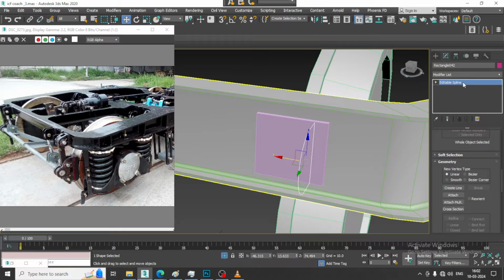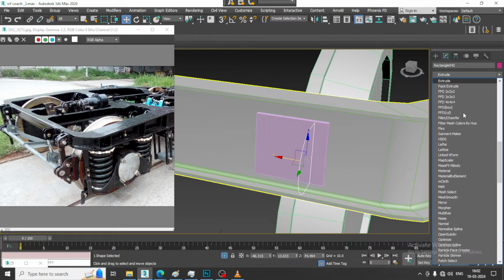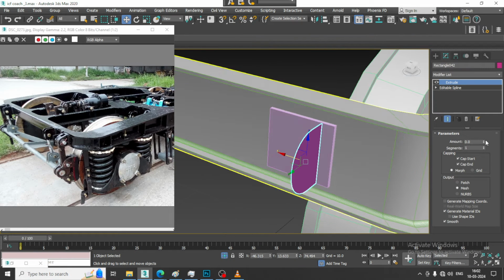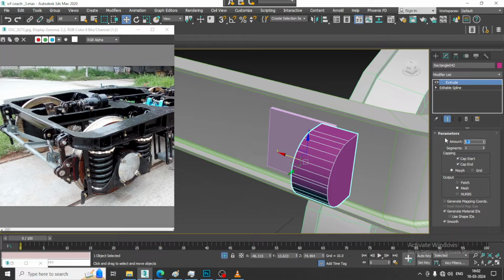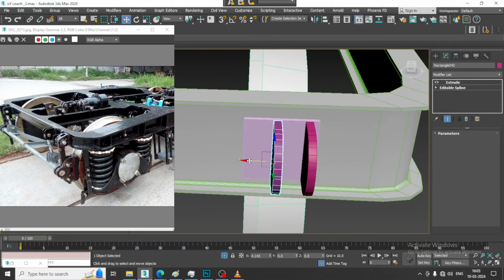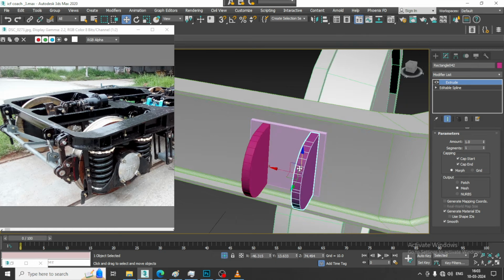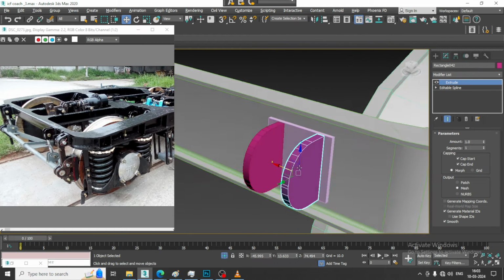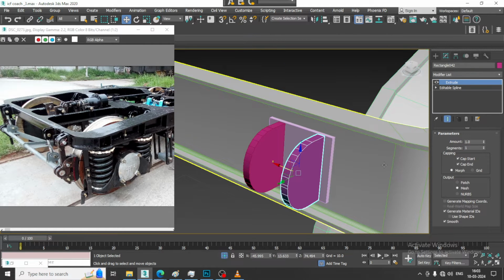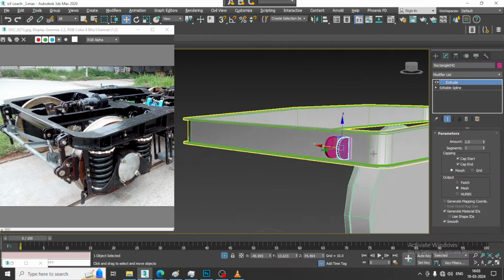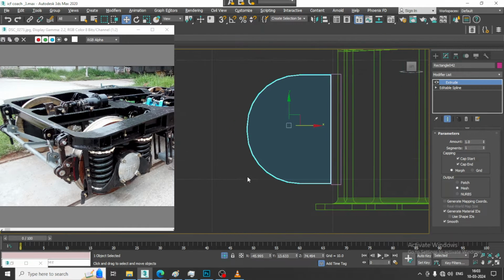So I can just go into this, let's give an extrude modifier. So increase this extrude over here. We can just make it as 1 or 2. I'll just make a copy of it. Now what I can do over here is like, again I'll go into this view,